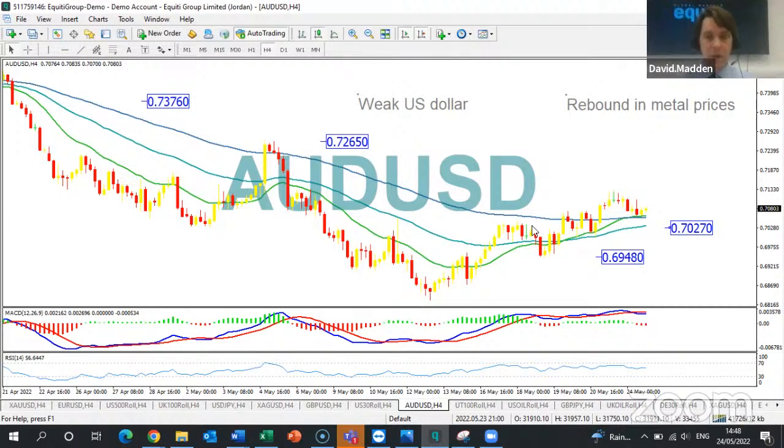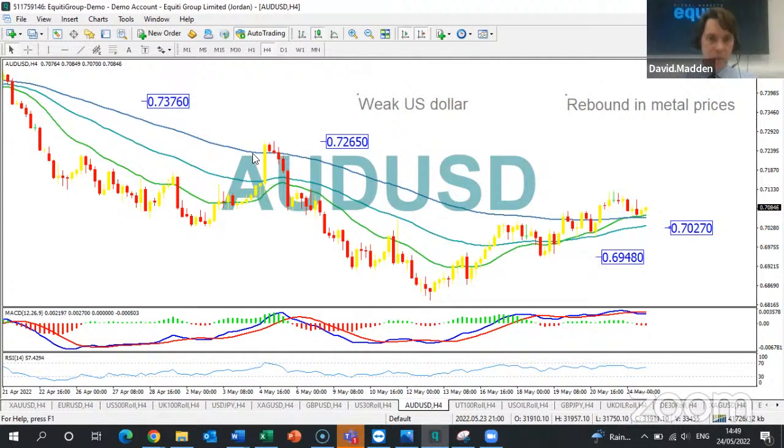So this has all led to a strong upward trend recently, whereby we've seen a higher high, a higher low, a higher high, a higher low, and so on. In fact, in the last 24 hours or so, we've seen AUD USD hit its highest level in about 2.5, 3 weeks. So we went from its lowest level in almost 2 years to a 3-week high quite quickly. And while the currency pair continues to hold above these three simple moving averages, the more medium-term upward trend will likely continue.